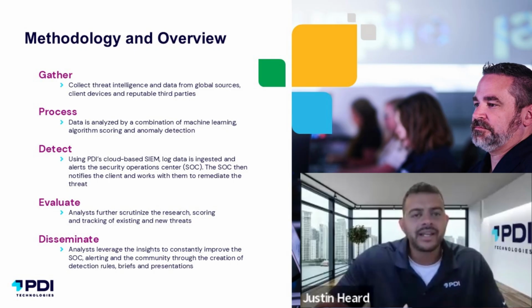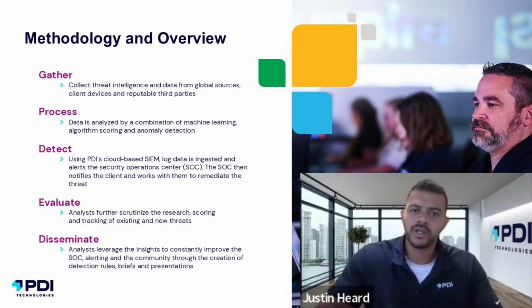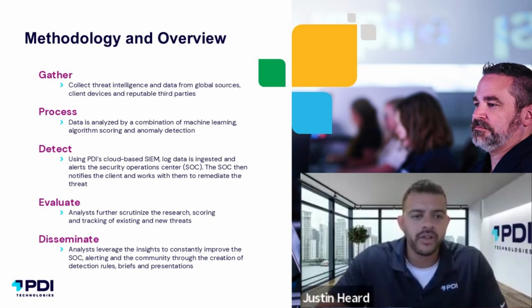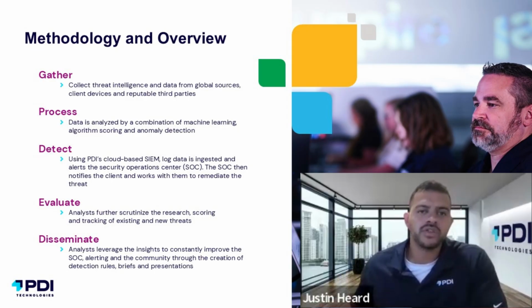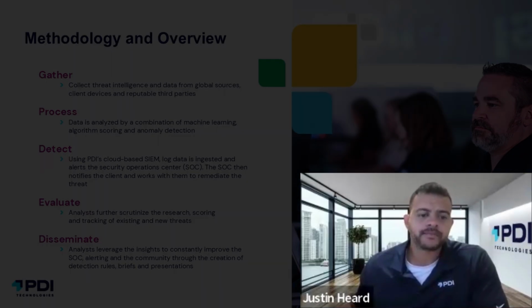We process that data. We can build detections out of that data, which are alerts that we can send to different customers, and so on and so forth. We scrutinize, evaluate that data, bring it together into something that's useful for us. And then ultimately we disseminate it. This is a form of dissemination today. So we'll be disseminating all the information that we've collected over Q2 for our threat intelligence, and give you an idea of the trends and different things that we're seeing to help us better prepare organizations for the future.